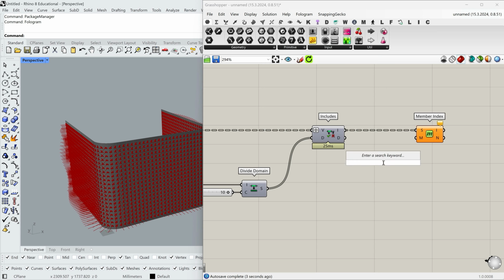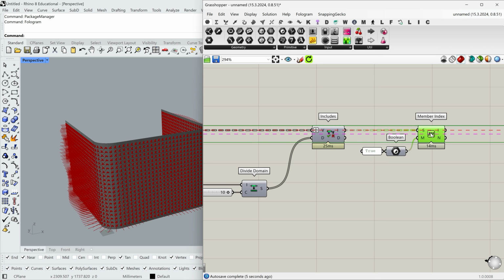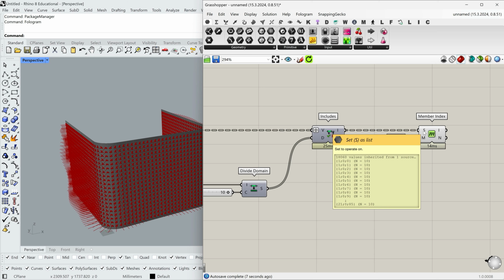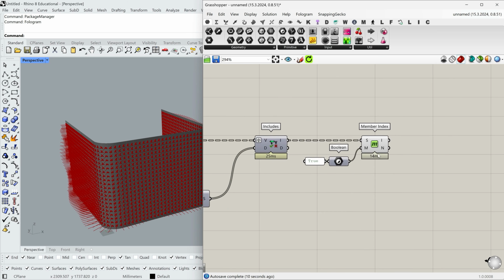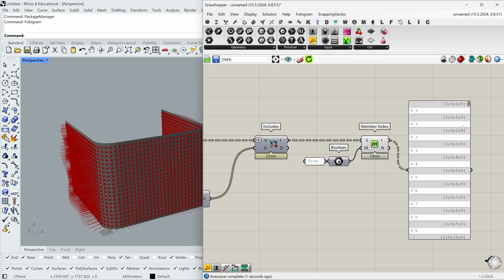Like this. And I'm going to search for the true value. And we'll add a Boolean placeholder to make sure that the data in sets and in the member input are the same and they have the same data type. Okay, let's check. We've got indexes. Perfect. But it's still not what we need.